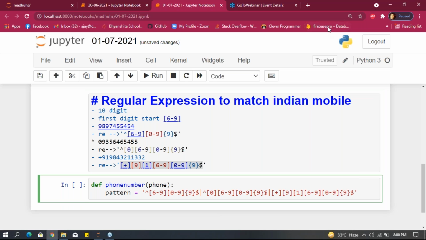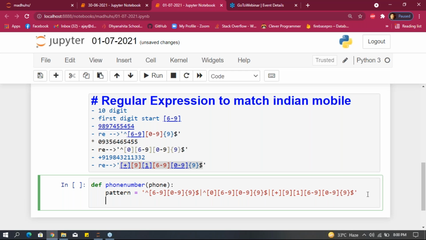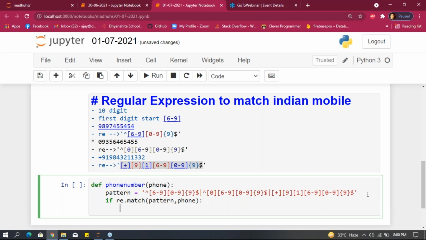After giving this pattern, same: if re.match(pattern, phone), if it is true, return true here. If it is false, return false.